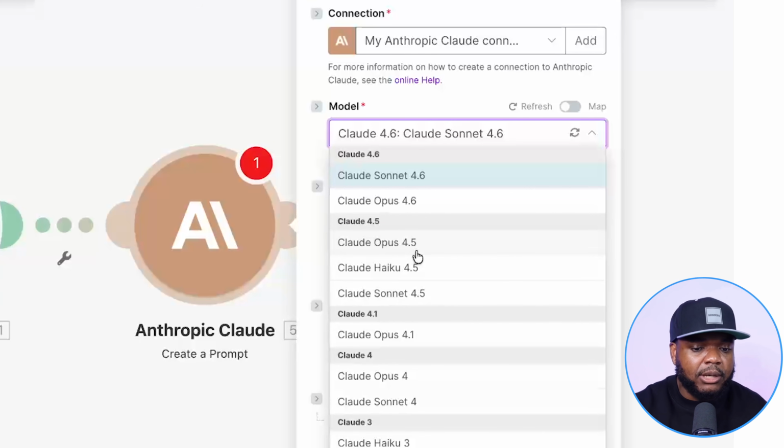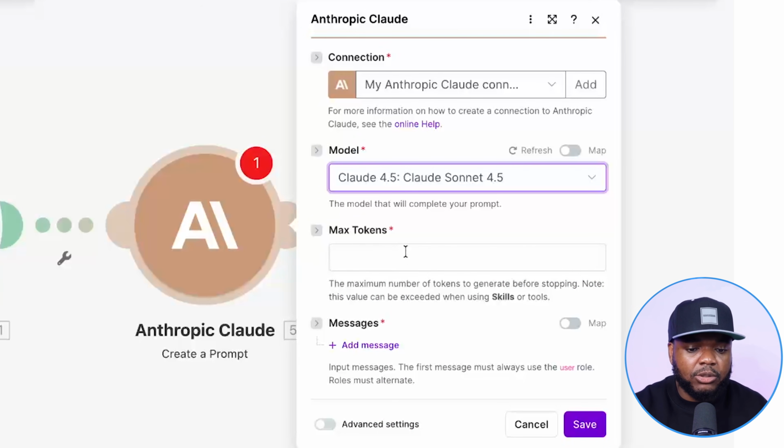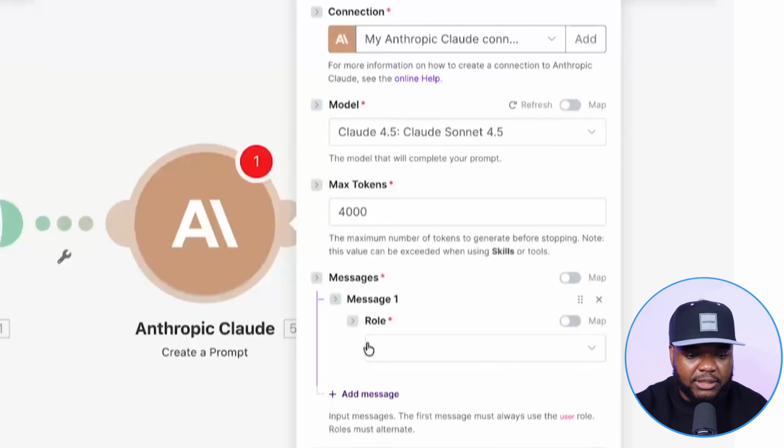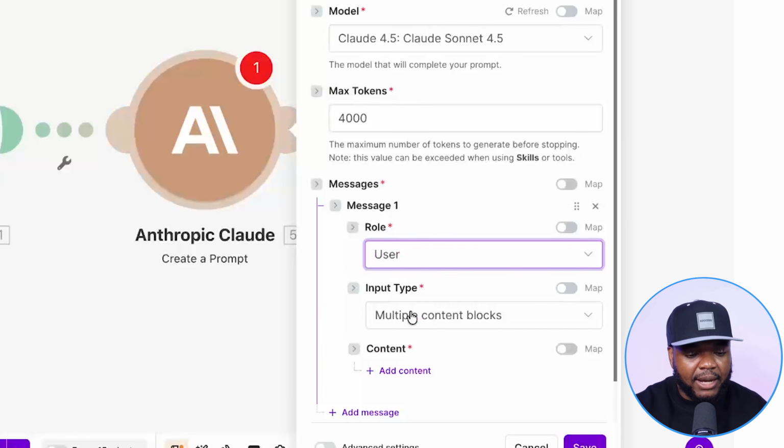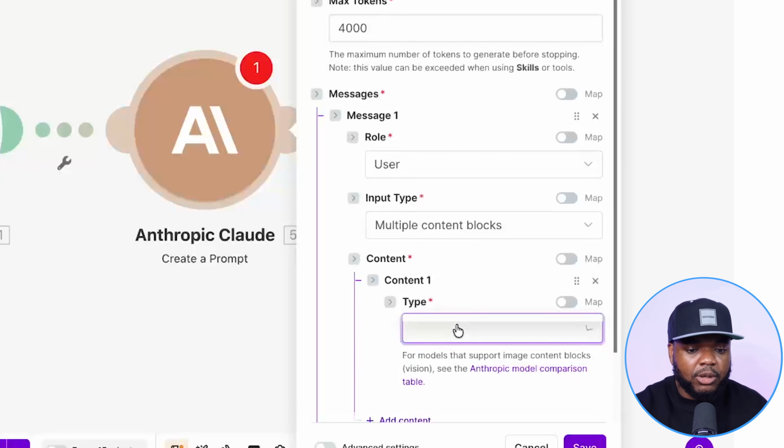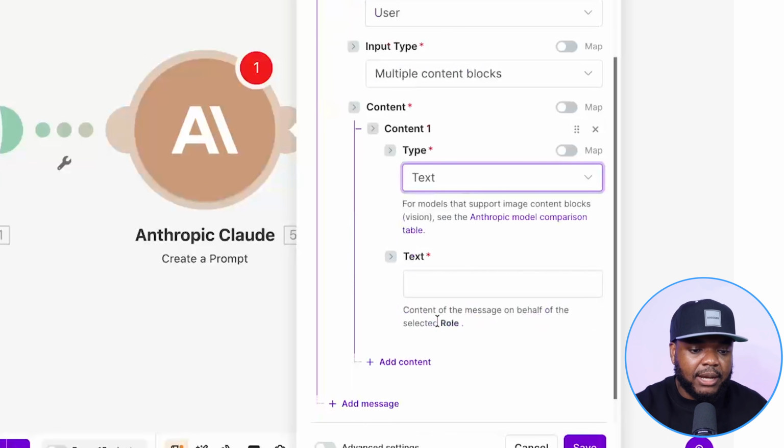If you want to go with something a little bit cheaper when it comes to your API cost, then you may want to go with something like Sonnet 4.5. And for the max tokens with what we're trying to do, I would say 4,000 is going to be good enough. Then what you need to do is click on add message, come over here to user and click on content. What you're going to do is just put text, and this is where you're going to paste the prompt,